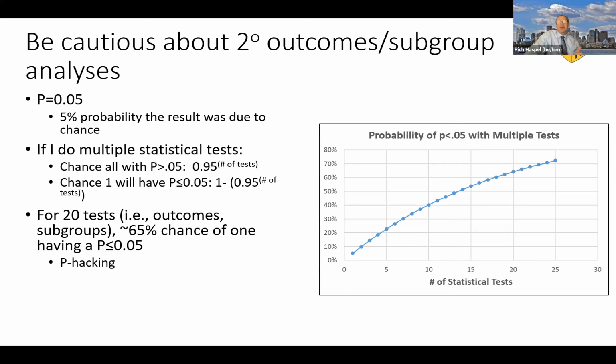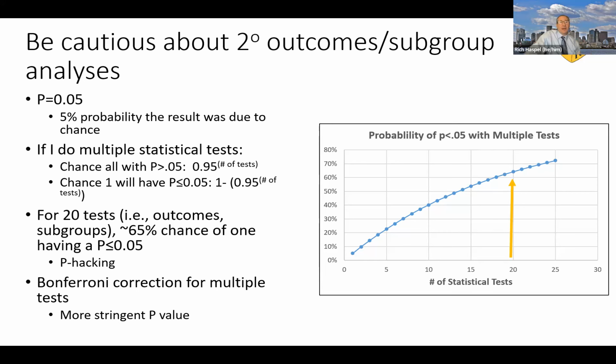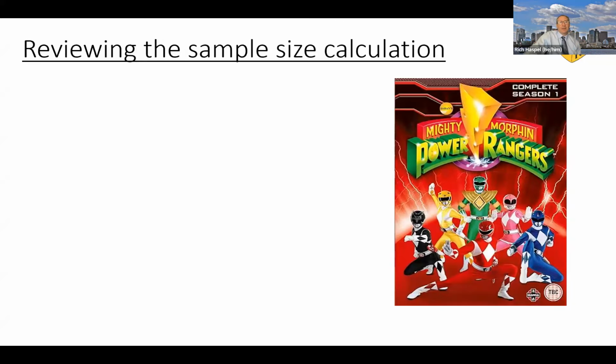That's why switching the primary outcome is such a big deal, because it can mean they did what's called p-hacking, which means I just kept doing statistical tests on different things until I found a magic one that was less than 0.05. So there is something you can do about this called the Bonferroni correction when you're doing multiple tests. And I'm not saying to ignore secondary outcomes, especially if there are consistent findings or very good p-values, but be very cautious, because the more statistical tests you do, the more likely you're going to get a p-value less than 0.05.